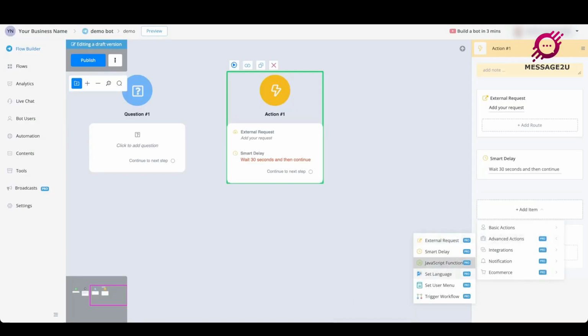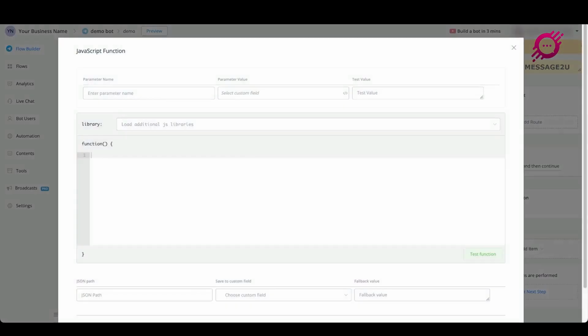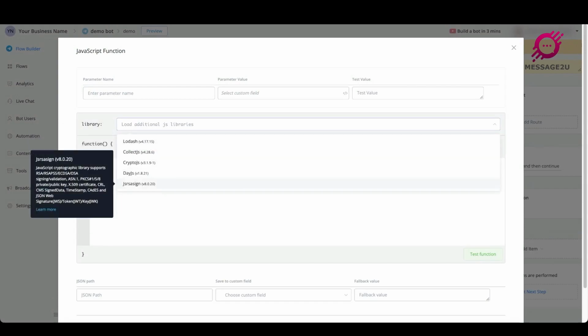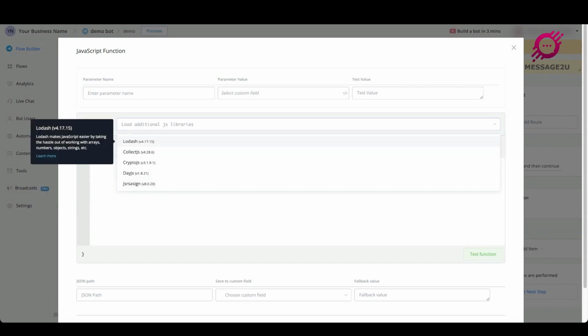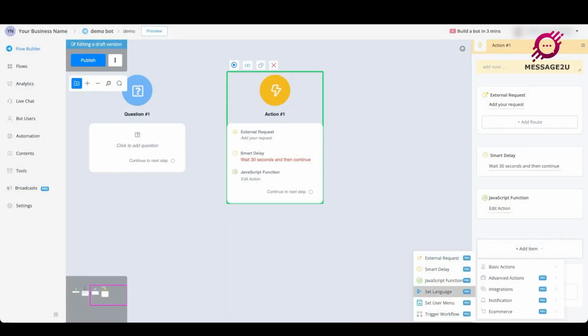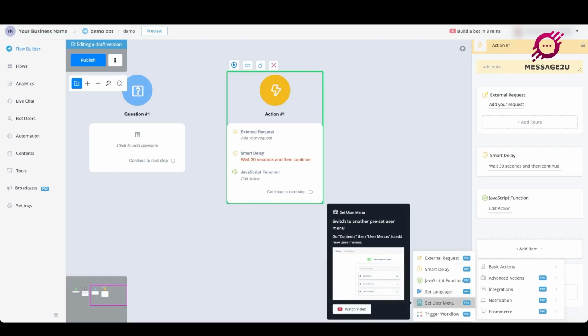You'll also have JavaScript functions. So if you are a developer and you're writing JavaScript, then you can do a lot of implementations inside of our chatbot as well. We have different kinds of preset libraries for you to use directly. If we go with the library, you'll see that we have quite a few already implemented. So you can just select the one that you like to skip a few lines of extra JavaScript. We also are able to set the language to another preset language. We can set a user menu, which we will come back to in a future video,